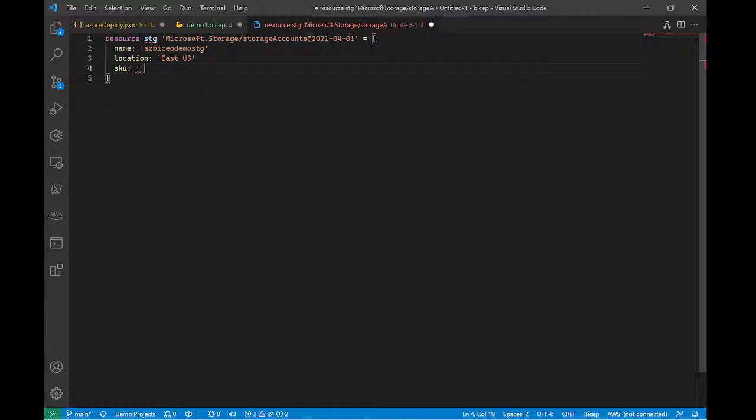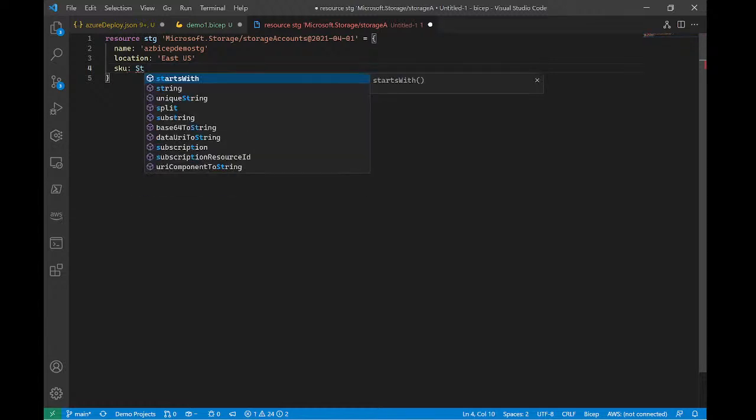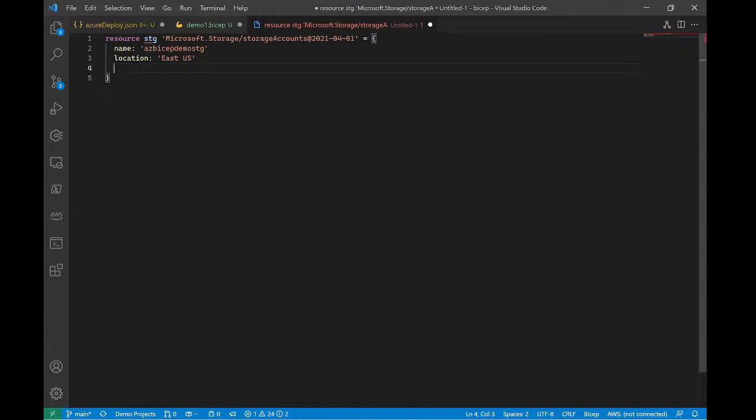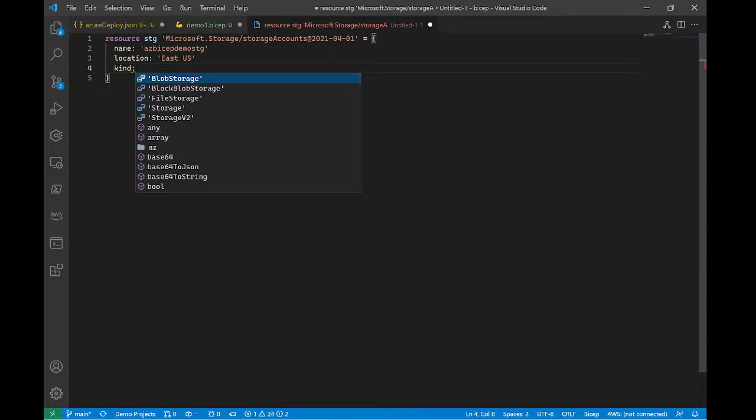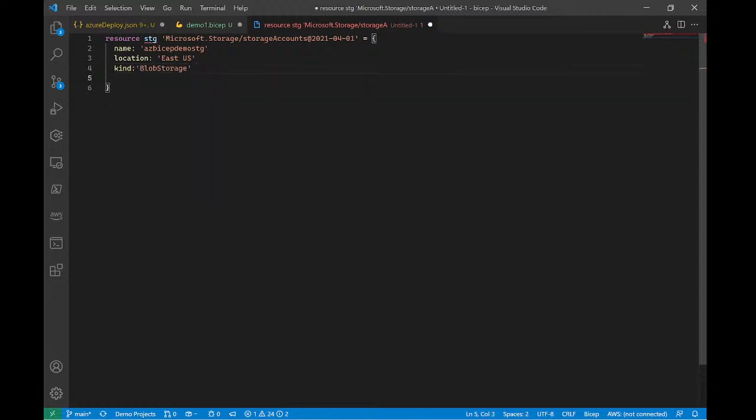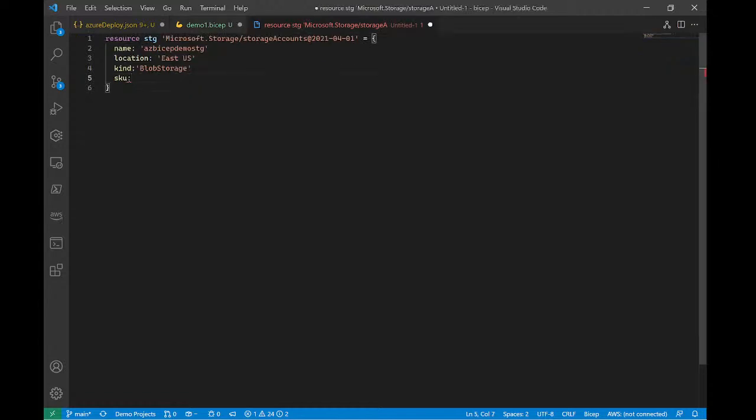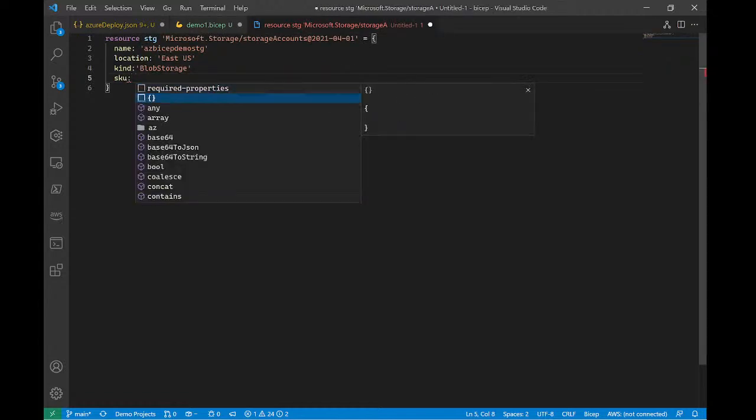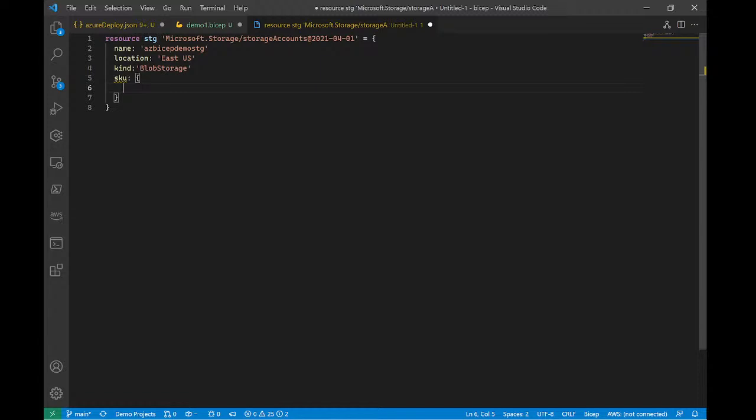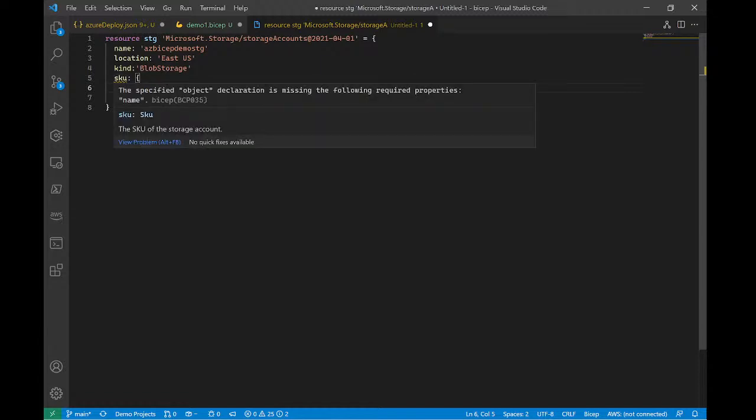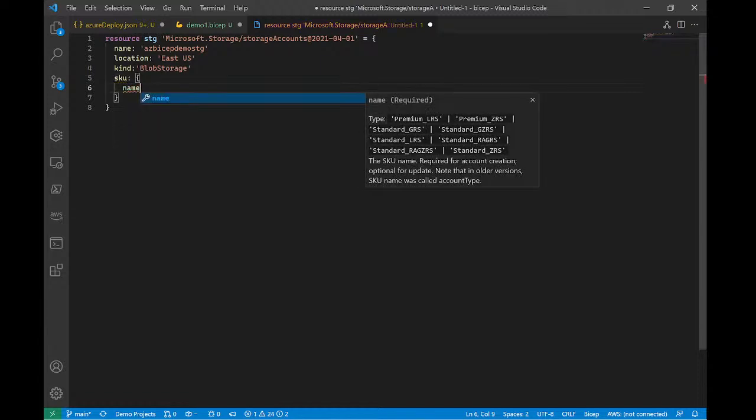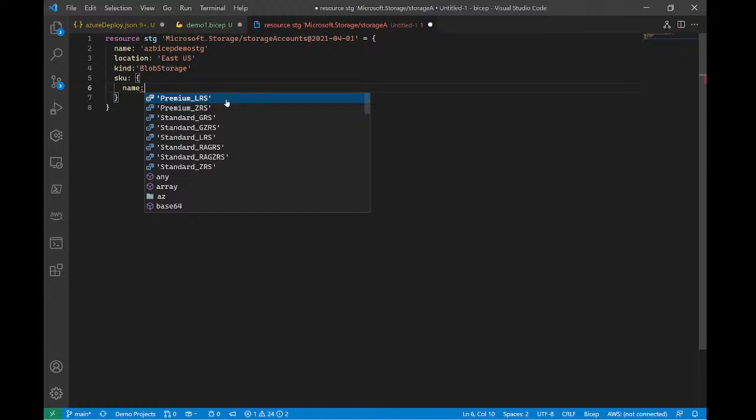I'll say SKU, which should automatically populate something. So what's the kind? Blob storage, and also the SKU. The SKU is a bracket, and what we need in the SKU, we're missing a name. Okay, here the IntelliSense